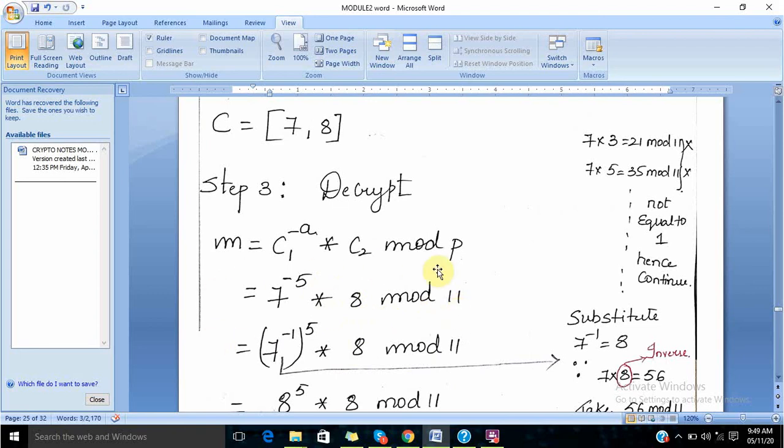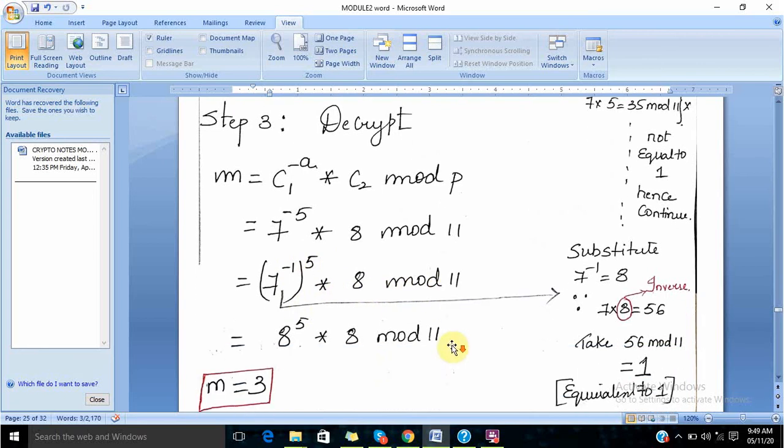So students, here once again it is simply the inverse concept, which is 7 inverse to the power 5 into 8 mod 11. We have already discussed how to do these steps before, but if you do not know how to do this particular step, I will tell you here. Students, 7 inverse means what? 7 into what number mod 11 gives you 1? It's as simple as that. Wherever inverse comes, you need to see it in that way. So that's why we have put this 5 outside here.